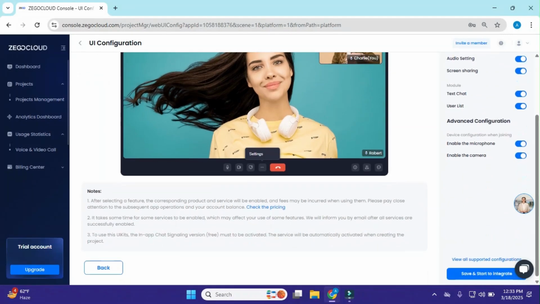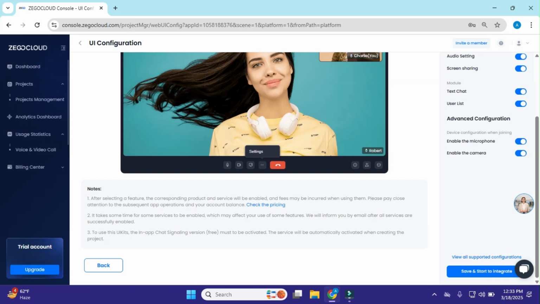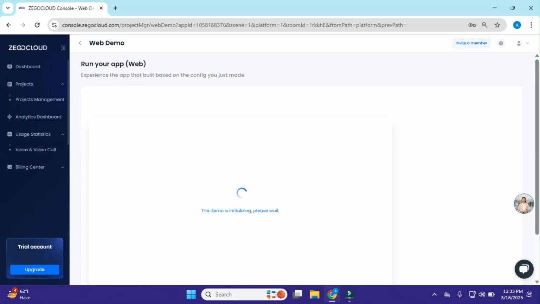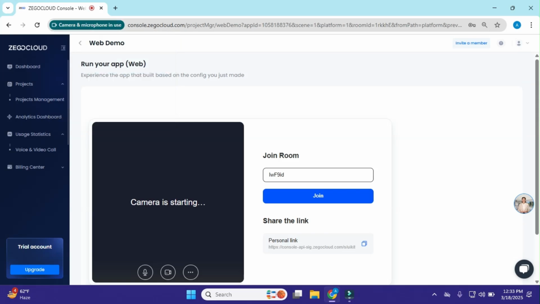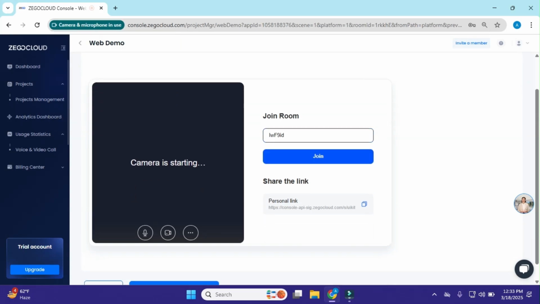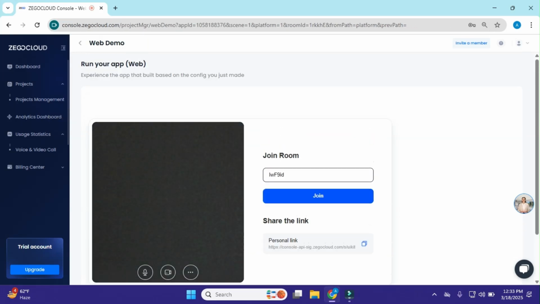Okay, so now just click on save and start to integrate. And here just allow this. Here it also provides us the experience built based on the config we just made.